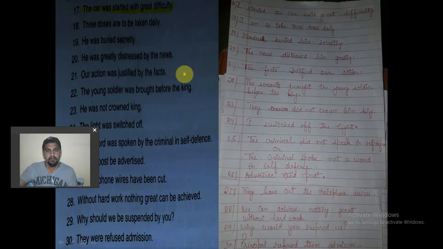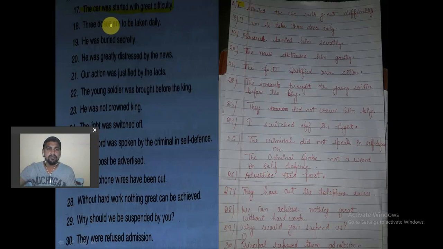So the answer for the same would be like this: we have to see the subject is not given there, so the subject is to be written here. In the passive form, the object is not given here in the subject, so we can supply the subject ourselves. I would be the subject. Was started was used, so that is why it is past indefinite. So started, simply we are going to use: I started the car. Car would be the object in active form. I started the car with great difficulty would be the answer for the statement.